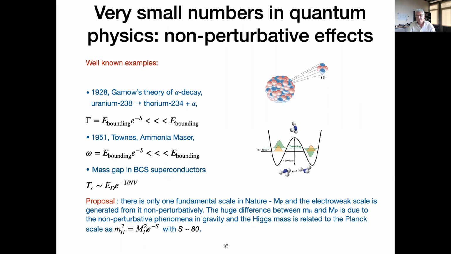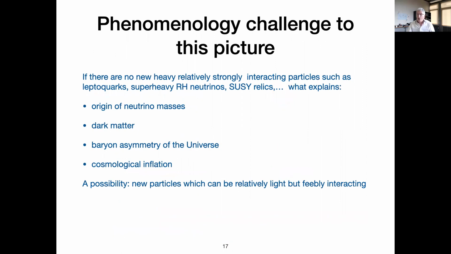If this is indeed a non-perturbative phenomenon, then we may expect a relationship like m_H squared equal to M_Planck squared times an exponential, where we have some number in the exponent, and if this number is about 80, then the difference between these two scales may be because of non-perturbative physics. So suppose we accept that. Just in words for now, later I will show you an example where this hypothesis can be substantiated. Let's first